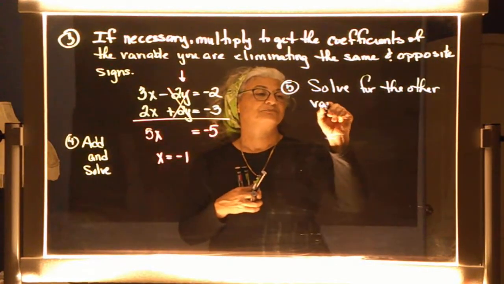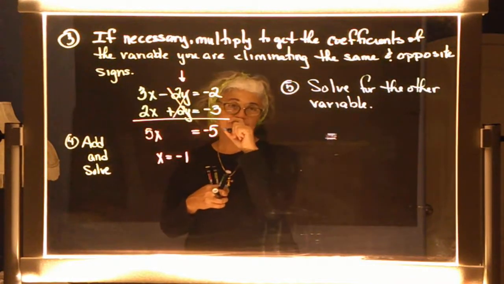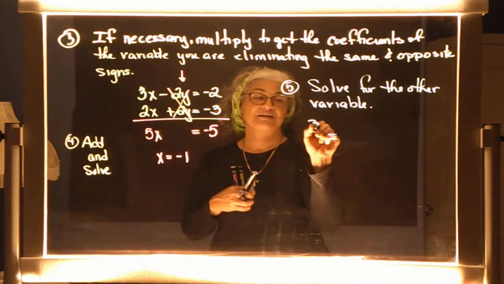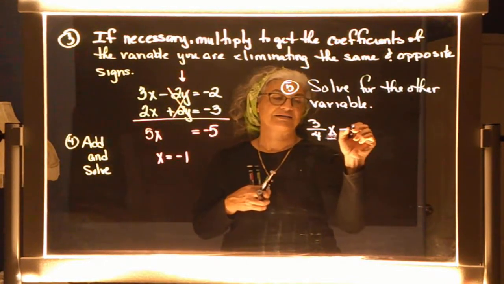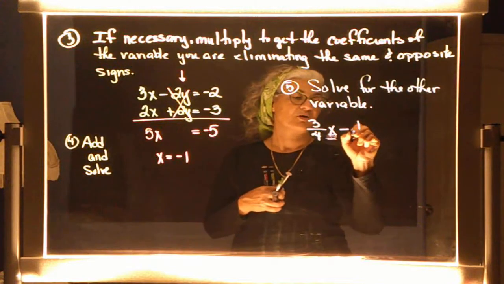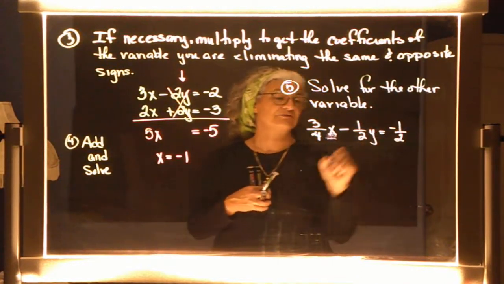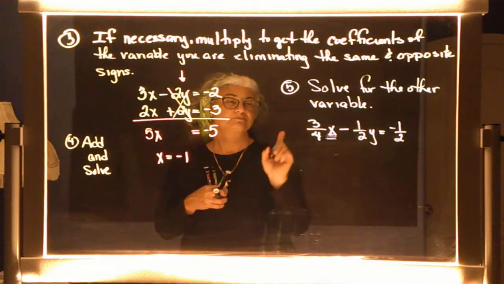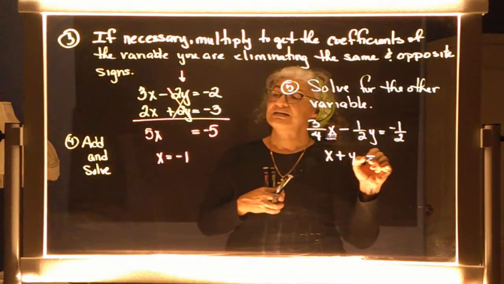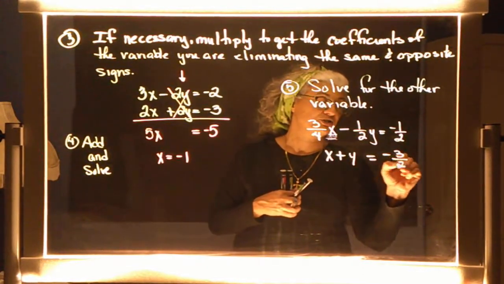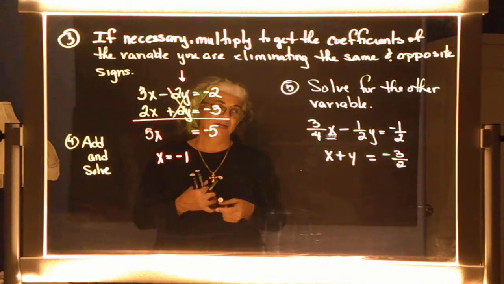Okay, now, I'm going to rewrite the original two equations. So we had 3/4 x minus 1/2 y equal negative 1/2. And the other equation was x plus y equal negative 3/2. Those were the original two equations. Agreed? Okay, so